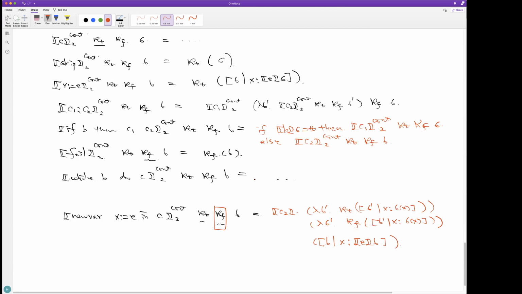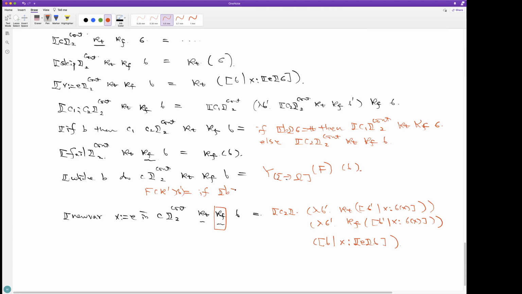And for the while loop, we can use the fixed point over this space and run it on sigma. And the definition of the fixed point is exactly the same as before. So f takes kappa prime, and also sigma prime.